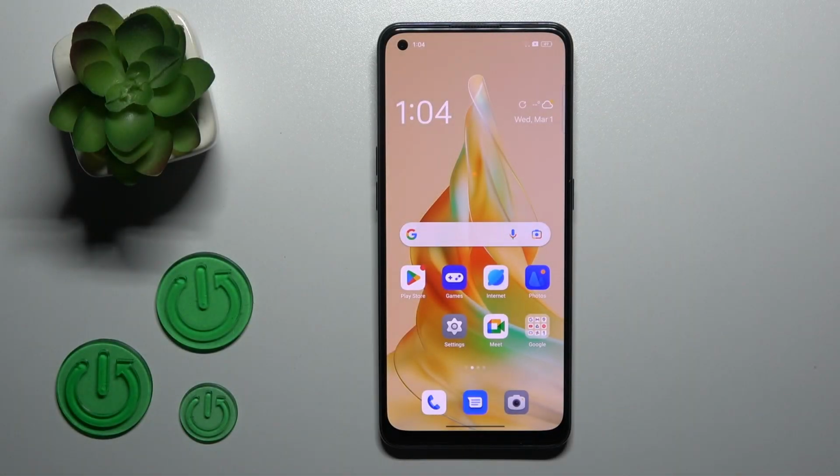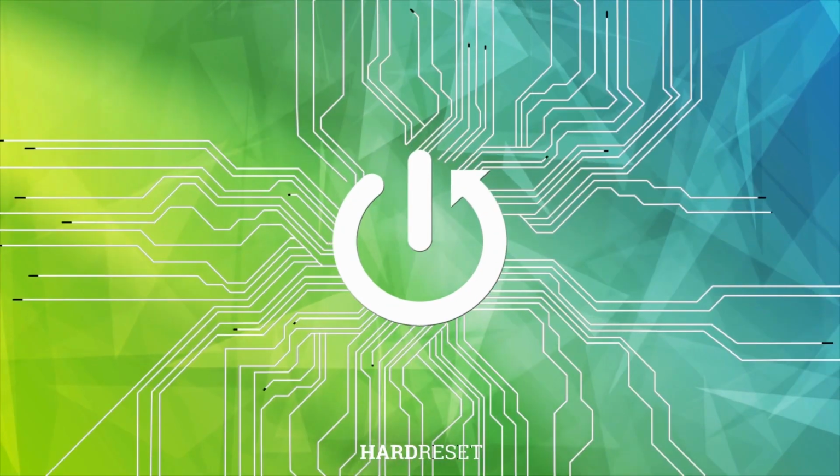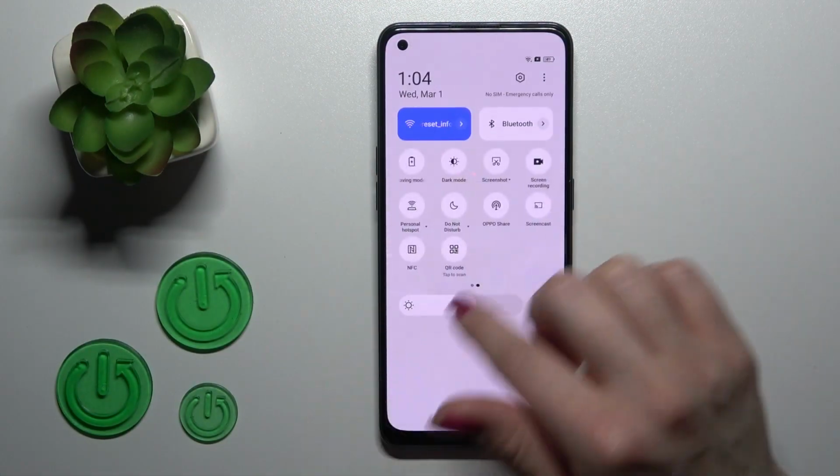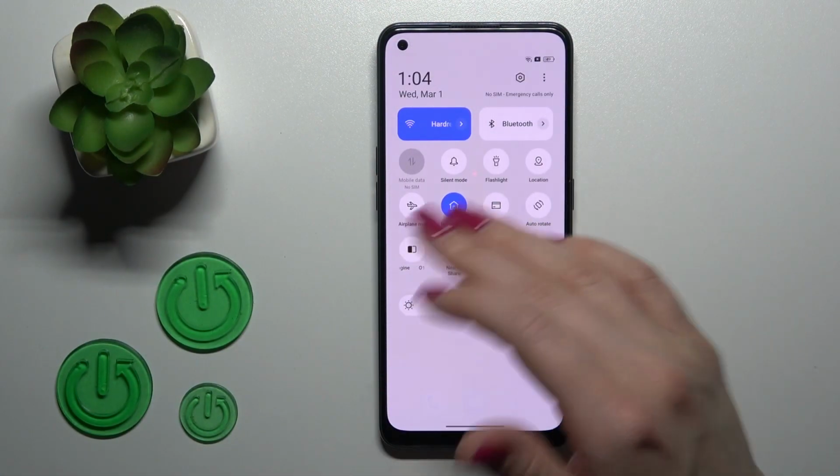Hi, today in front of me is the OPPO Reno 8C, and I'll show you how to edit notification panel shortcuts on this device. So let's first open it, and if you want to add some options here or remove some of them,